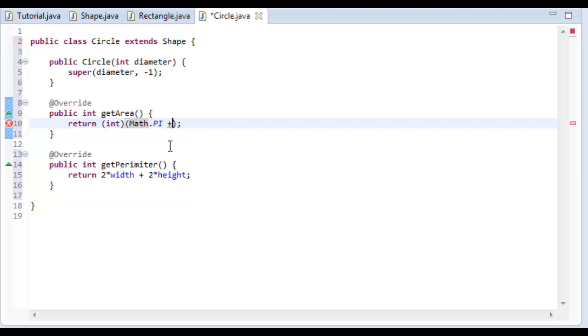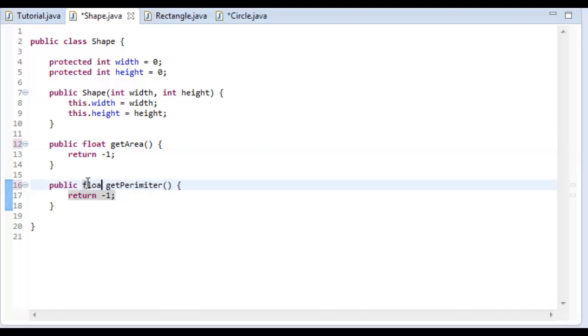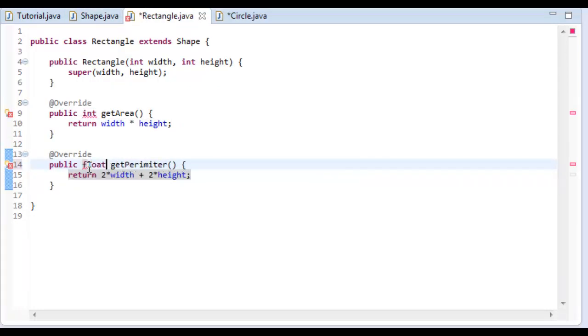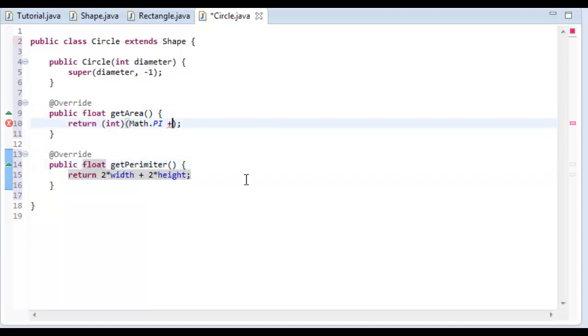And I realize that it's probably a pretty bad idea, seeing that it is in fact a float, so maybe I'll go ahead and change that now. Just change this to float real quick, and float. And Rectangle is going to have a little fit because we didn't say that we were going to do that. And just put float. Anyways, alright. So Math.PI times